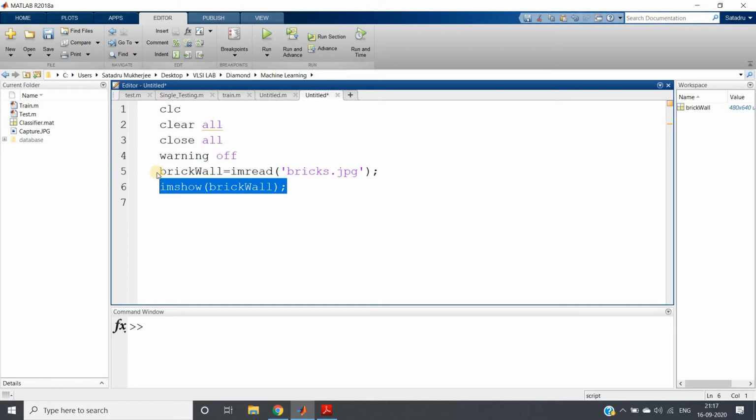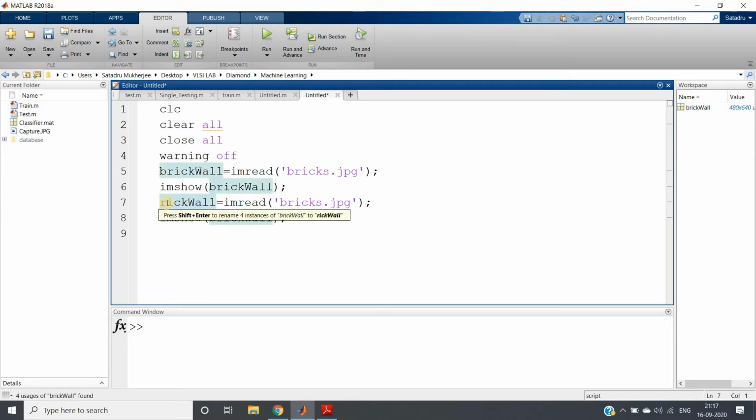I will copy these two lines and paste them here. This is the rotated brick wall, another image present in the database, named bricksRotated.jpg.